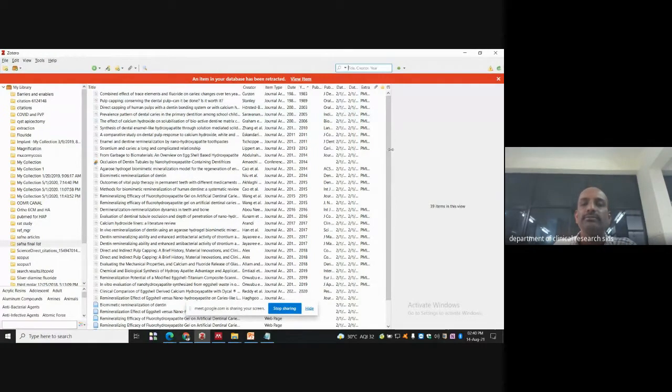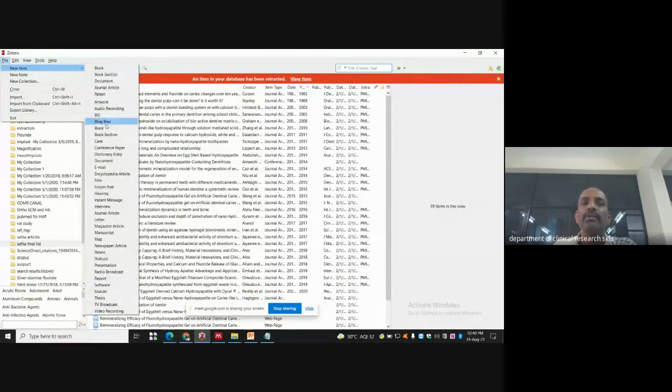After downloading the file, you click, then it will open and install like any other application. You do have a file menu. You can have a new item, either a book. You can add yourself to the collection. This is like a locker or a bureau at your home. You want to arrange your books, documents, journal articles, patents, artwork, audio recordings, everything in your locker. You want to arrange them in a digital form. The digital bureau or locker or case, a very big case, is Zotero, which is going to organize all your documents.